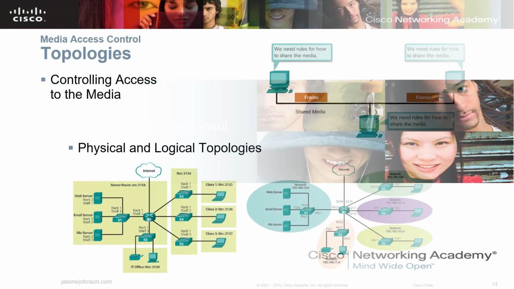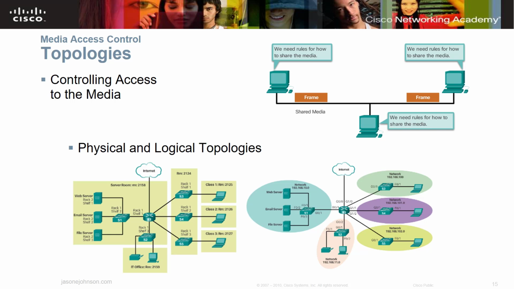Now, media access control. When we control access to the media, what we're really talking about is the topologies. When we talk about topologies, we have your physical topology and your logical topology. Our physical topology is the actual equipment. When you design this in Packet Tracer, or you're laying this out in some type of design software, you're going to have your physical topology laid out, and it's going to say, I've got a server here, a switch here, a router here. It shows where everything is, and it labels everything, so you're going to know where it is.